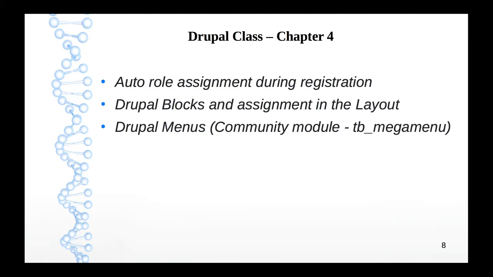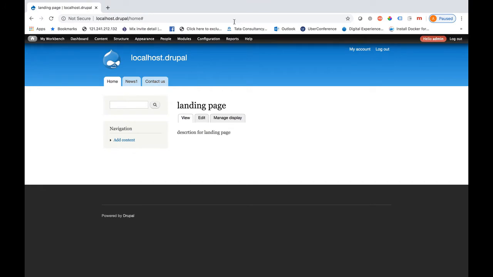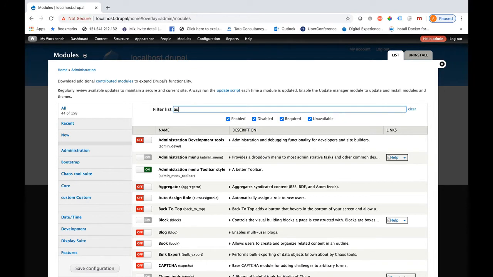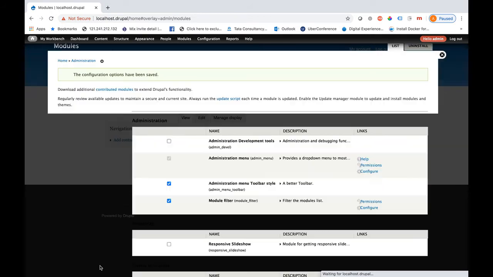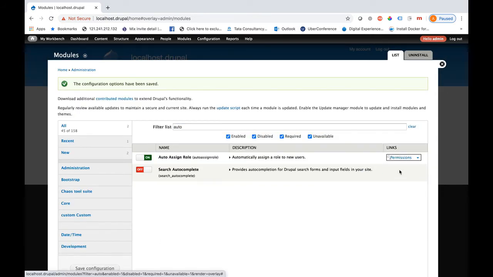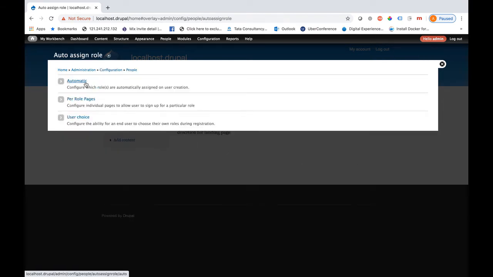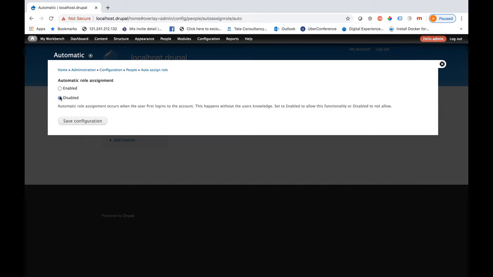Let me go back to the Drupal instance. So let me go to this module and enable it. The name is Auto Assign Role. So I am enabling this. It is being saved. Now let me go to configure. If I click on automatic, I can see this screen with it disabled. So let me enable this,